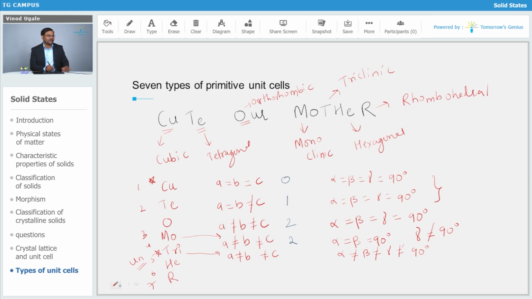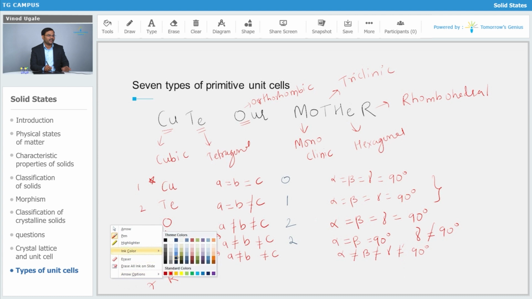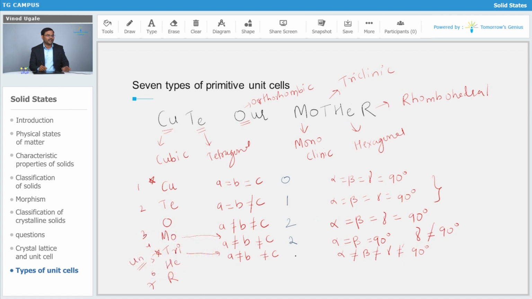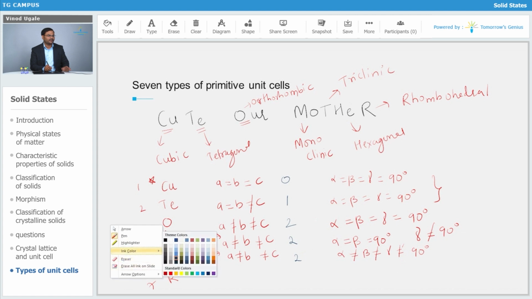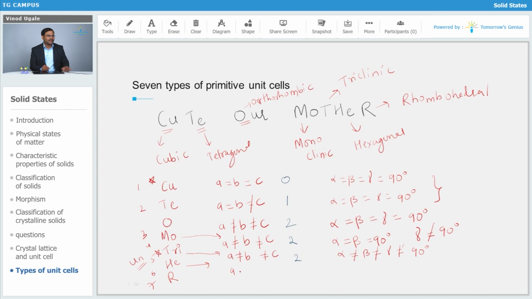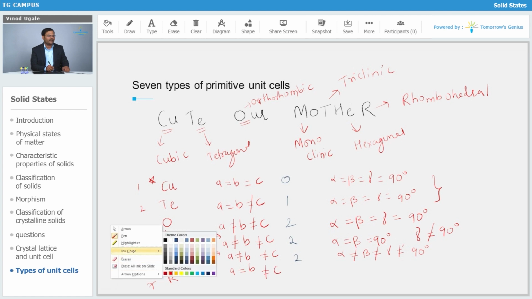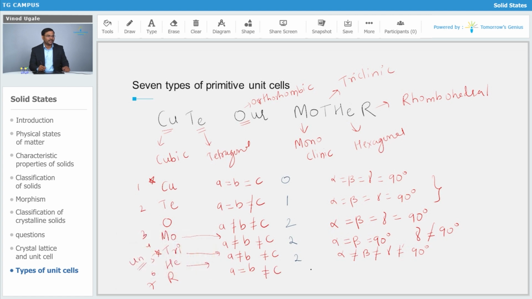Now let us go for the hexagonal. So again we are getting how many unequal signs over there? 2 unequal signs we are going to get. Now let us go for the next system, where we are going to get A is equal to B. In case of hexagonal, 2 sides are equal. Of the base hexagon, we know that 2 sides are going to be equal, but the other one is going to be unequal. So here also how many unequal signs are we getting?